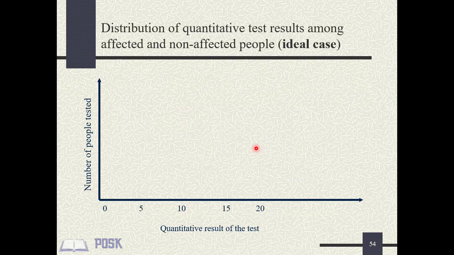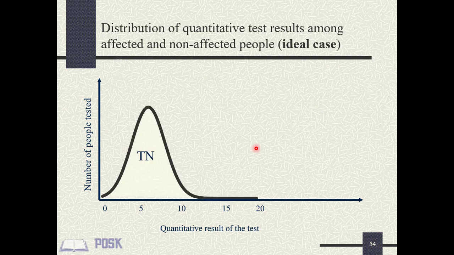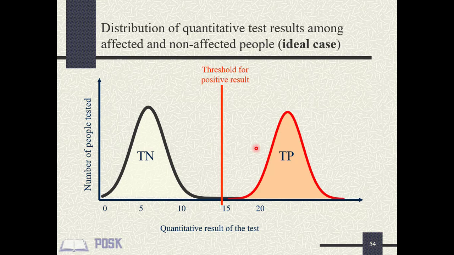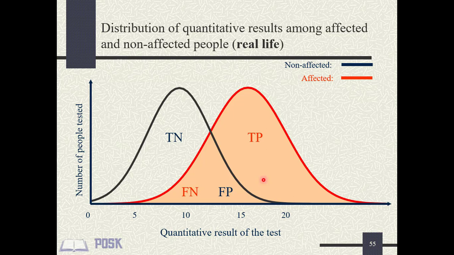In an ideal world, a diagnostic test will clearly distinguish between those who have the disease and those who do not. In other words, a graph of the performance of the test will show the true negatives clearly separated from the true positives with no overlap. Alas, reality is messy. Diagnostic tests will always have overlapping true positives and true negatives. In this example, we can see that the threshold has cut into those who have the disease as well as those who do not. This has produced the false negative and the false positive areas.